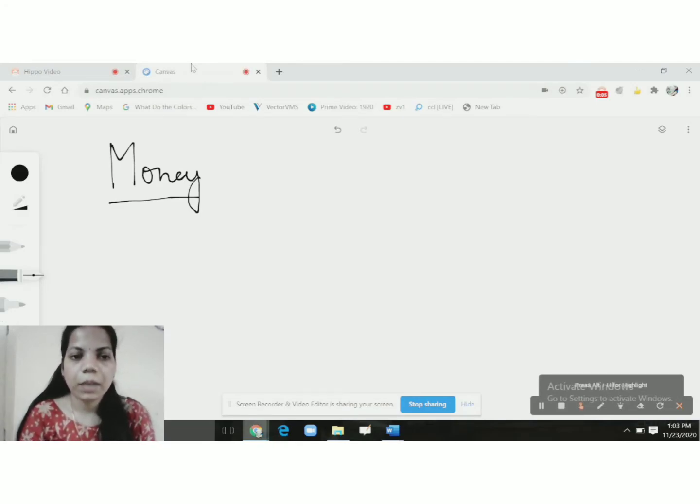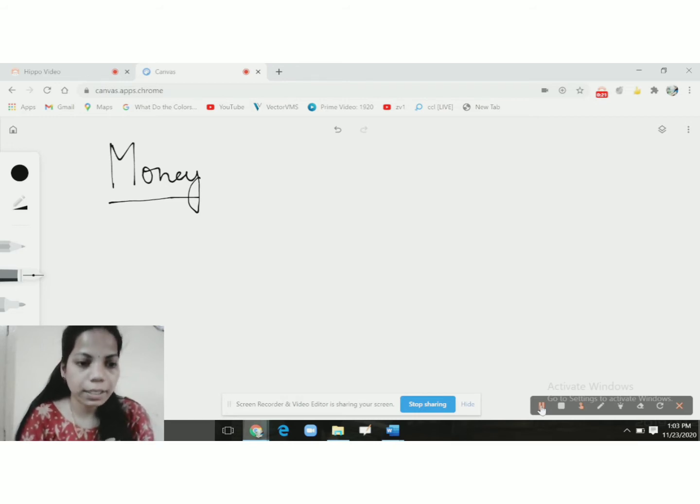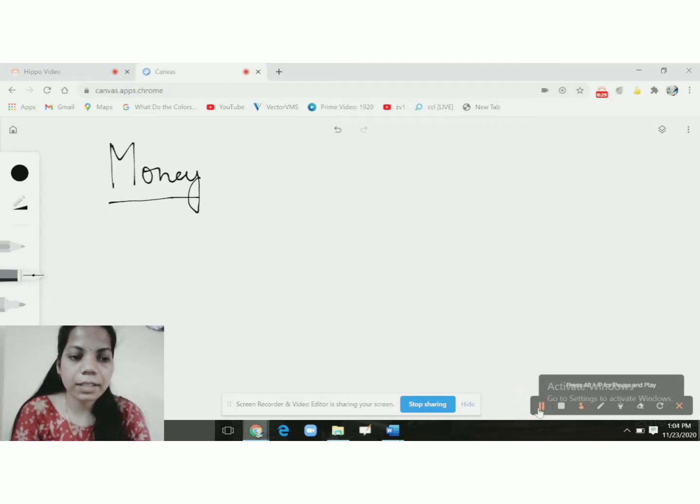So, in today's class, we are going to learn about money. What is money? Can anyone say what is money? Money is something such as coins or notes used as a way to pay for goods and services and to pay people for their work. Each country has its own currency or money, but they have different names, such as America's dollar, England's pound, etc.